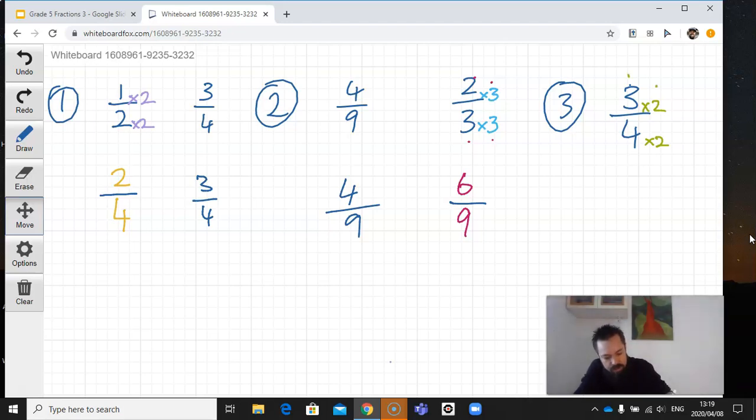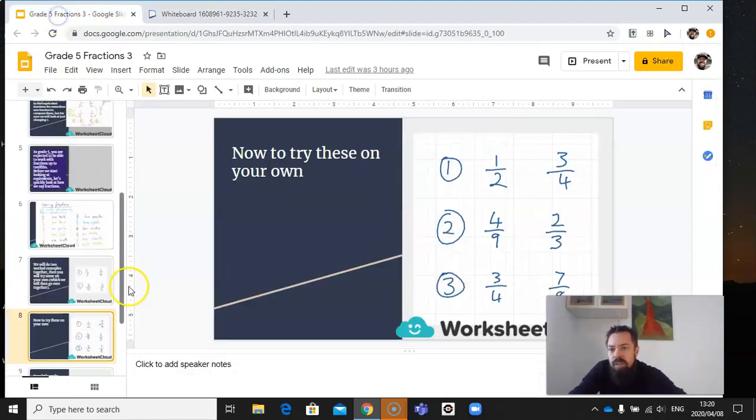3 times 2 is 6. 2 times 4, 4 times 2 is 8. Right, so that's the equivalent fraction. 7 over 8 stays the same, and now we can very easily see which one is bigger and which one is smaller. Okay, so now that we know how to do that, now I'm going to give you these kind